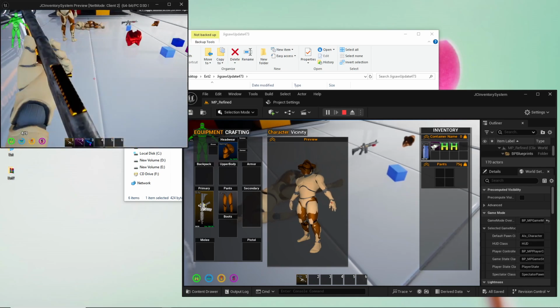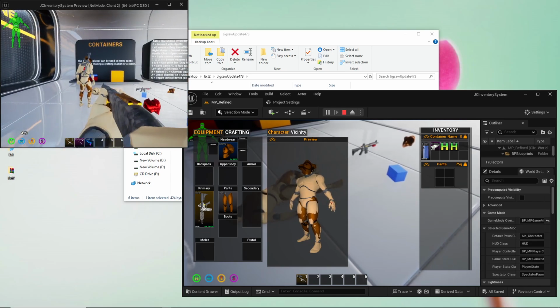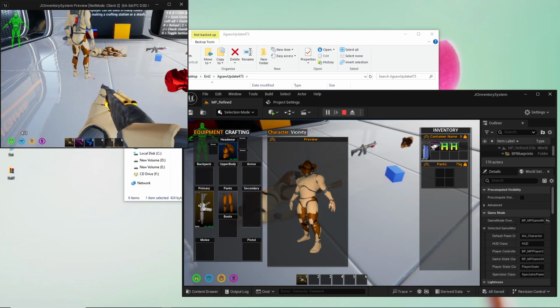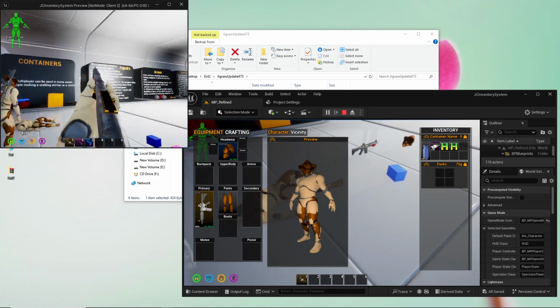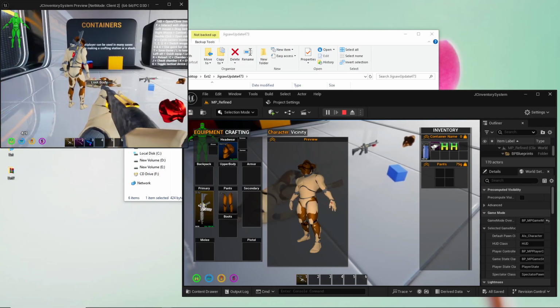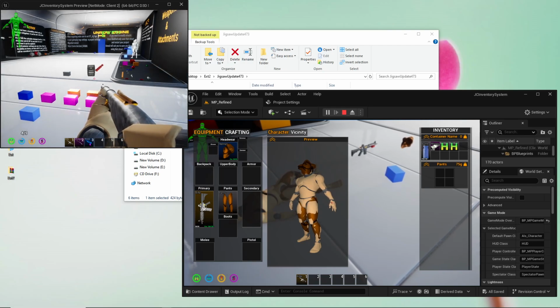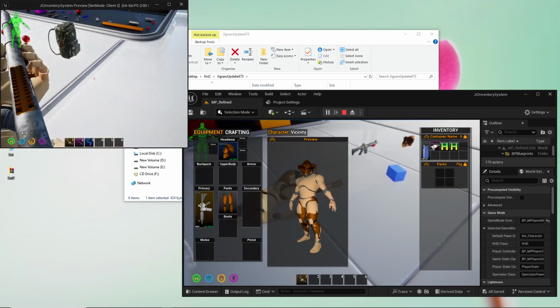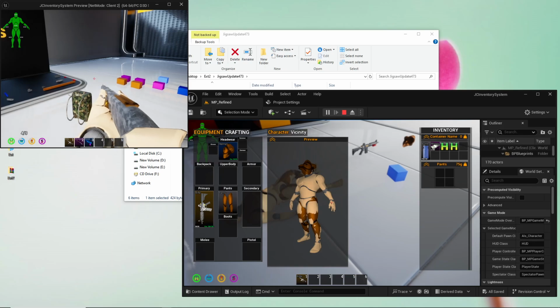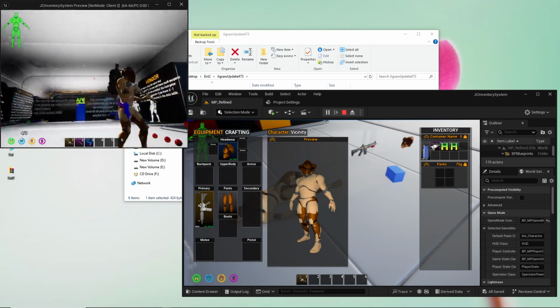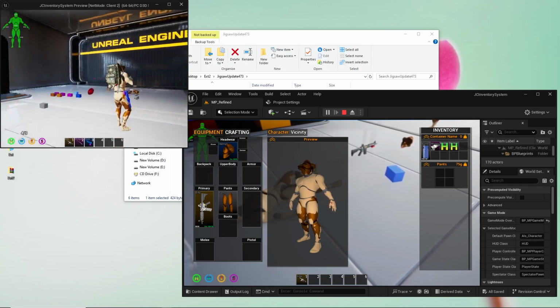So for this collision, it's because of the weapons attachment. They are blocking the visibility collision. It's the trace channel that I'm using for the wall trace. So for the backpack, for example, another thing is that